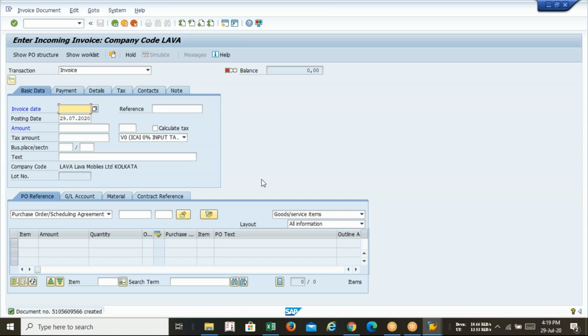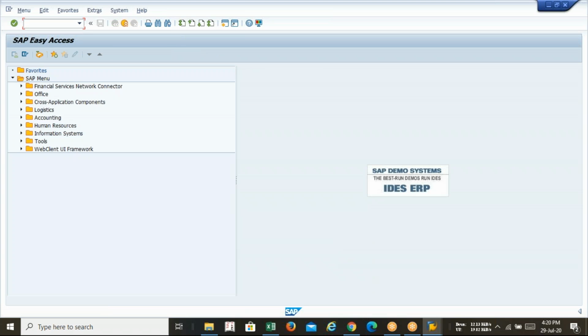I hope you all know that this Lava company code we have started developing in this class only. Last class we got a mistake with the fiscal year variant, and I think today that problem has been totally resolved. So I request all of you to check your fiscal year variant. Create a new fiscal year variant, or rather copy from V3, and assign it to your company code first. Then run your P2P for goods and P2P for service also. Guys, this is all about P2P for goods and service with PO.